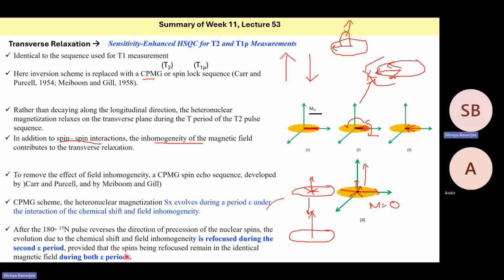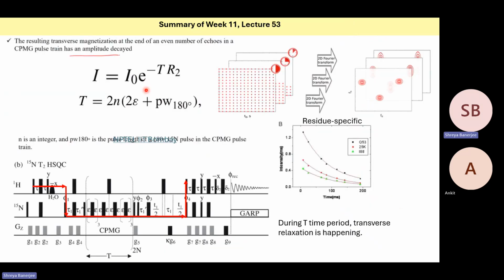You don't need to remember all this. So basically it is refocused, and the spins being refocused remain in the identical magnetic field, and then it relaxes back to the z direction. So the pulse sequence is shown here. Again, we don't need to look into the details of that. What you can remember is that